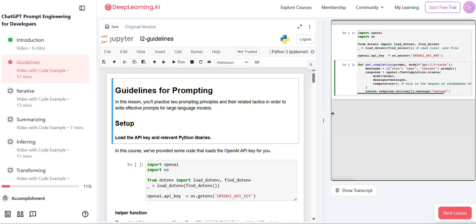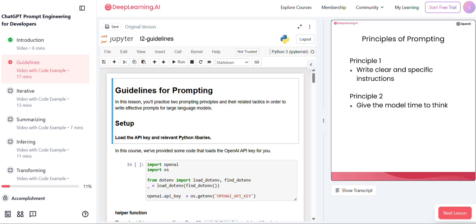Throughout this course, we'll use OpenAI's ChatGPT model, which is called GPT-3.5 Turbo, and the chat completions endpoint. We'll dive into more detail about the format and inputs to the chat completions endpoint in a later video. And so for now, we'll just define this helper function to make it easier to use prompts and look at generated outputs. So that's this function, get_completion, that just takes in a prompt and will return the completion for